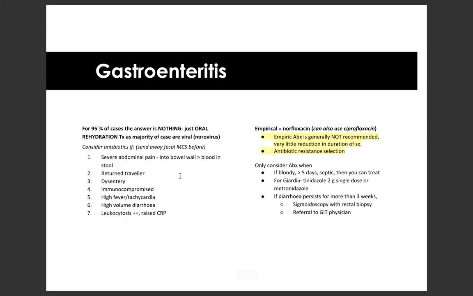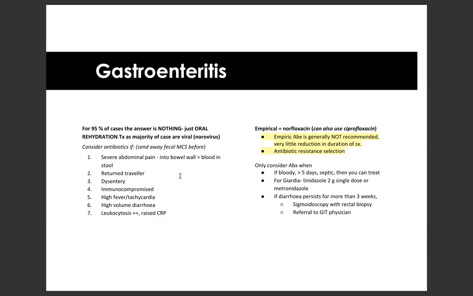So I just have some general things about gastroenteritis. So most of the time, we don't actually have to treat them with anything. Just oral rehydration is sufficient, but there are certain circumstances where you would do a fecal MCS and consider antibiotics. So if they have bloody stools, they're septic, the returned traveler, the immunocompromised or systemically unwell, that's when you might consider antibiotics. And if you do, usually it's norfloxacin, but if it's for Giardia, you'd use